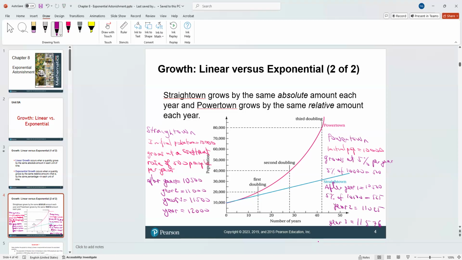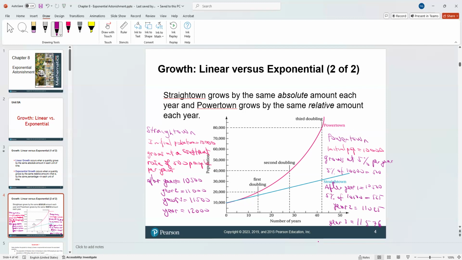You see, year three is only 11,500, but if you add 5% every year, it's cumulative, it's compounded. So it will be 11,576. At first, you can say, well, that's not really significant. You can even say it's really small, but it gets larger with each year passing. That's very important. That's why we show you this graph.